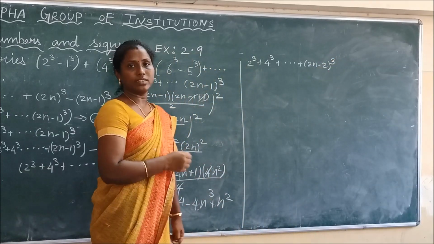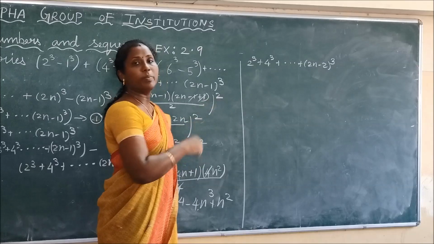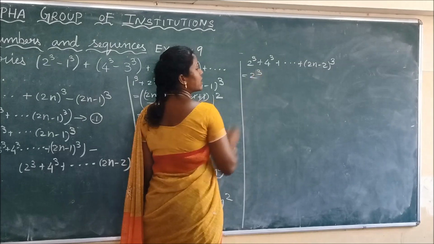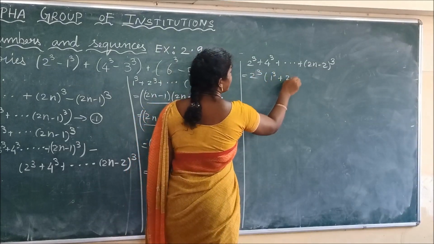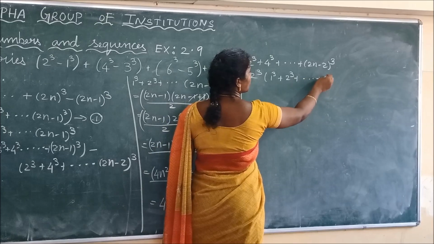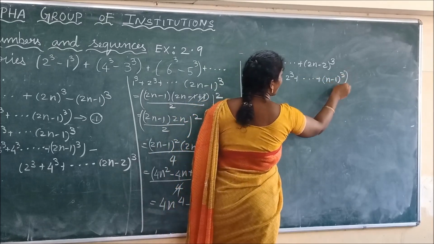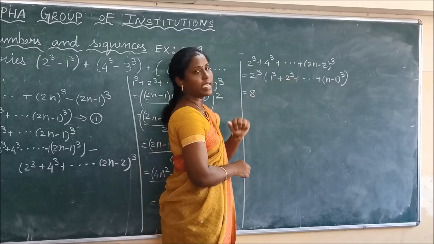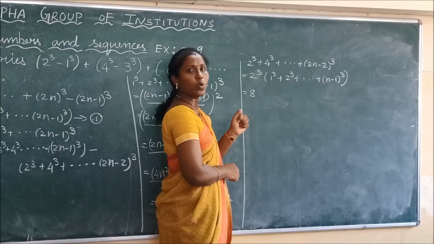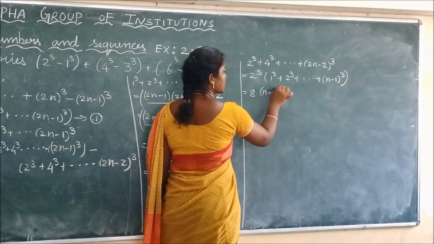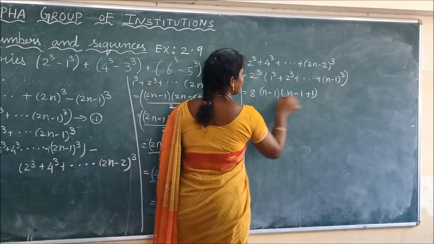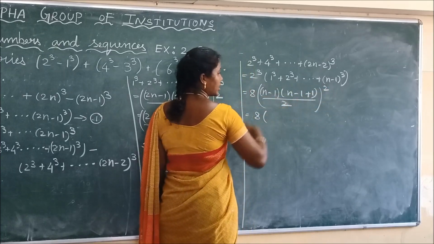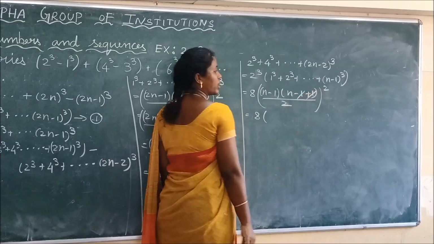See, as we saw in the first equation, we considered the first series based on even numbers. Yes, here also it is based on even numbers. What we can do? The same thing. We will take 2 cube outside: 2 cube times 1 cube plus 2 cube plus etc. If I take 2 common outside, the last value will be n minus 1 the whole cube. Now 2 cube gives the value, 1 to n minus 1 terms. So the formula n into n plus 1 by 2 the whole square, where n is here n minus 1, and n plus 1 by 2 the whole square. Again, take the square inside before cancelling 1 and 1.